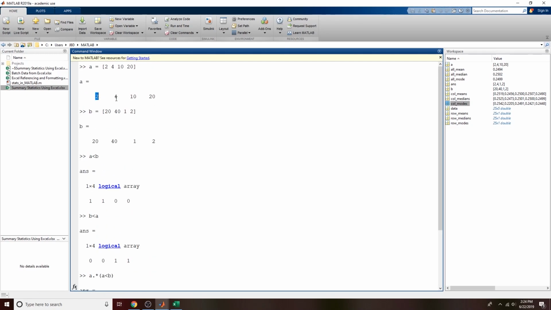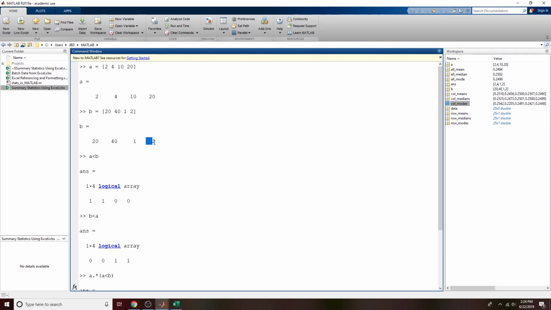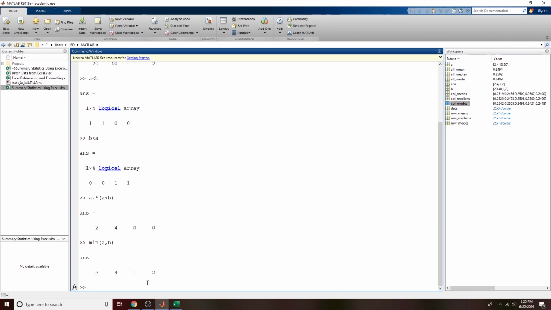So A has 2 and then 4, while B has 20 and then 40. And that's why we have 2 and then 4. And then B has 1 and then 2, while A has 10 and then 20. So that's why we get 1 and 2. So if we were to put min of data, comma 1,